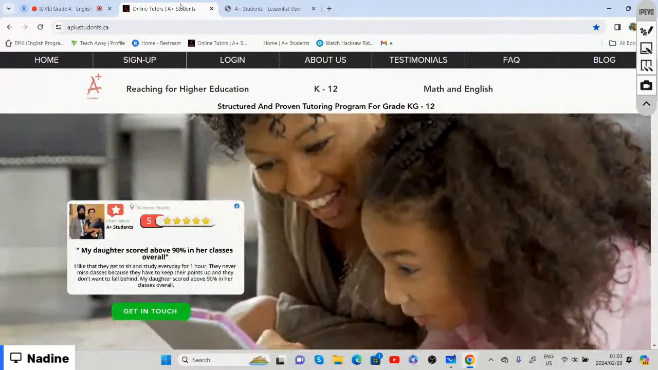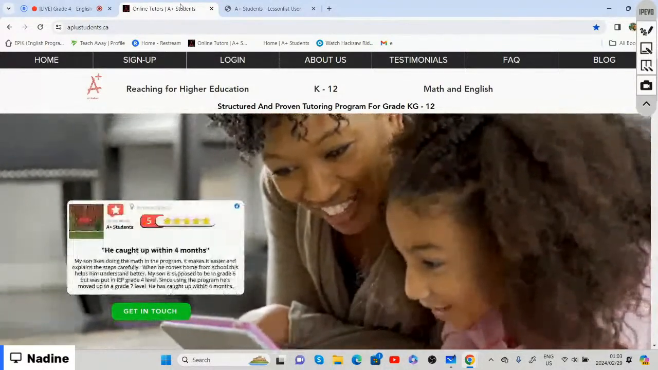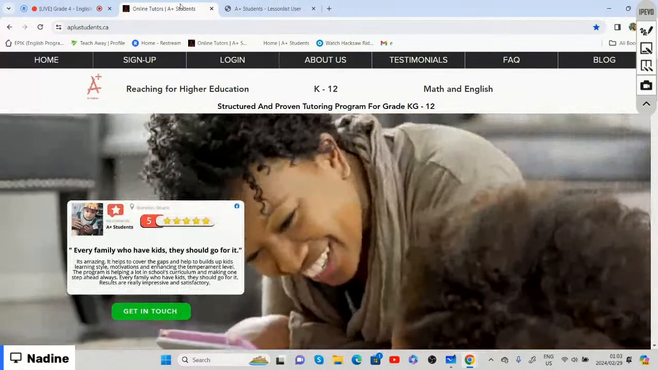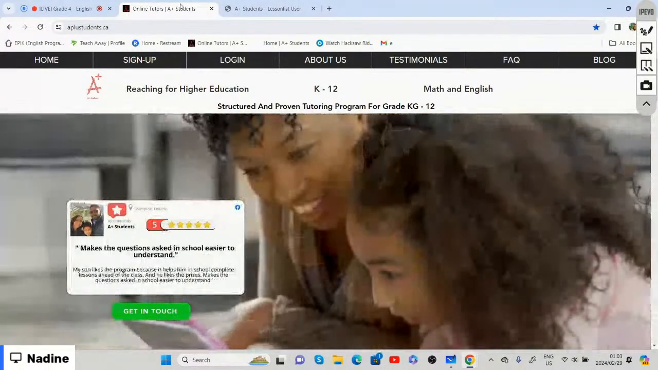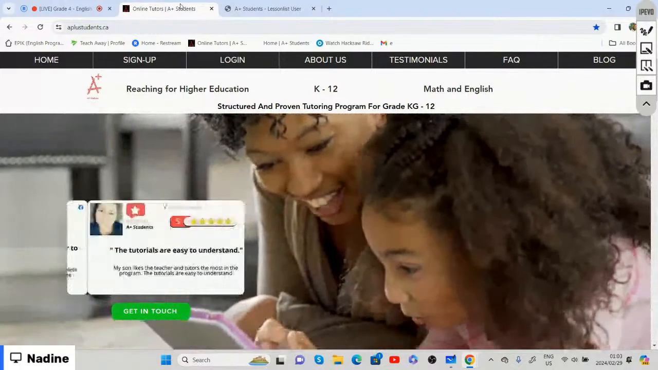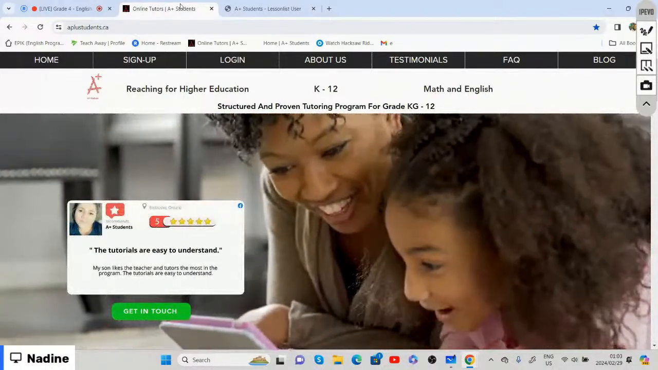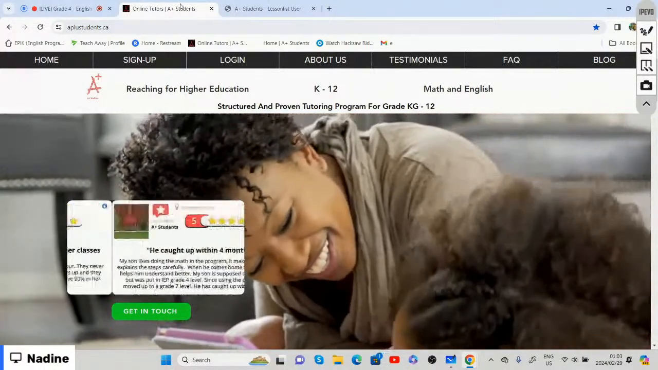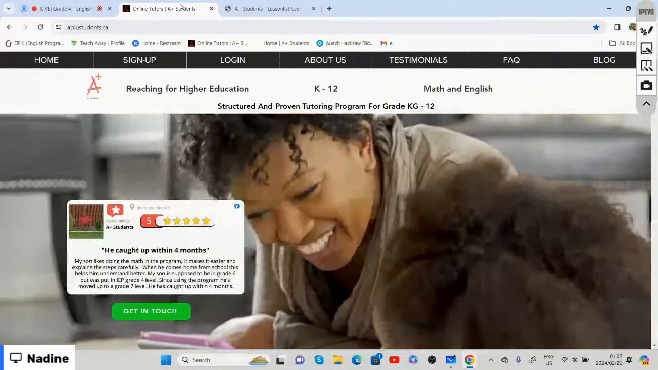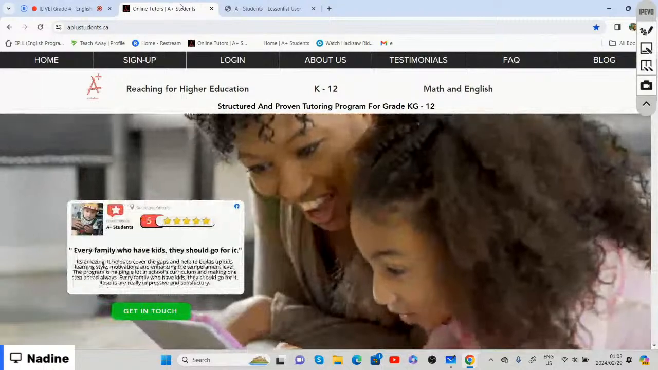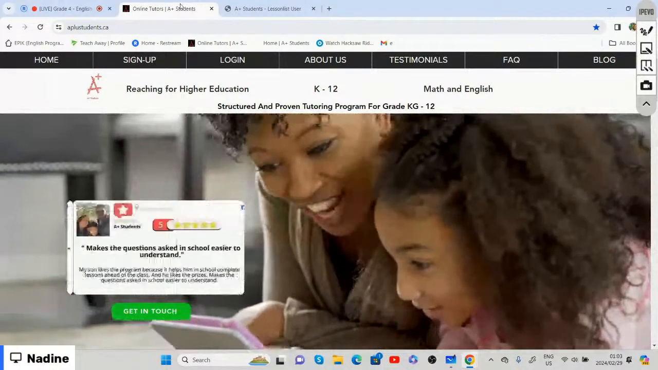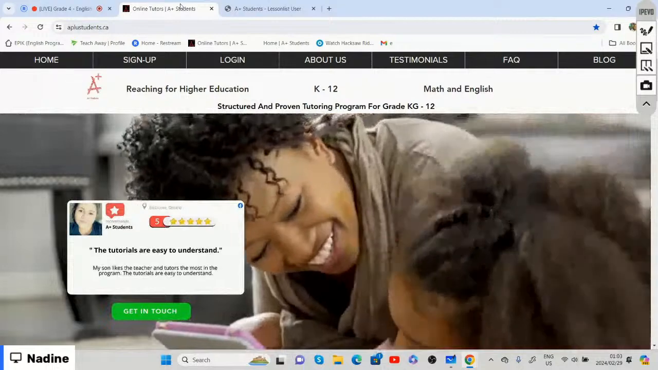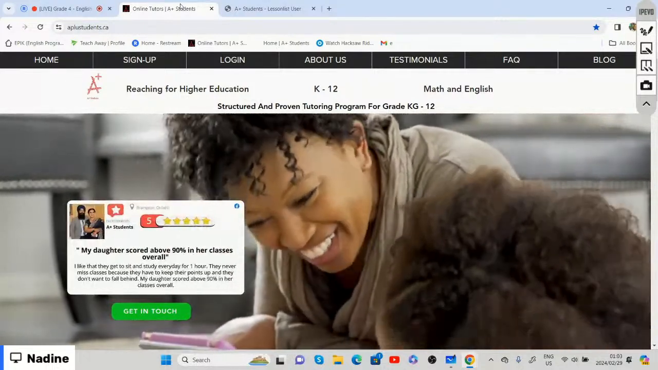Today we'll be doing our grade 4 English lesson on context clues. And before we start our lesson on context clues, we're going to log on to aplusstudents.ca. Once you've logged on to aplusstudents.ca with our username as well as our password,